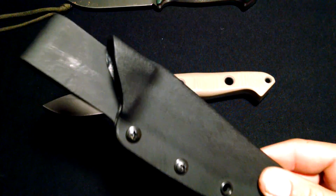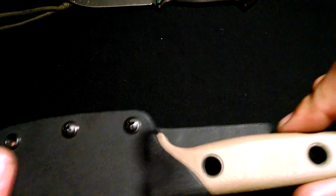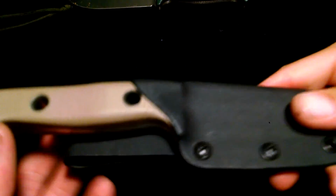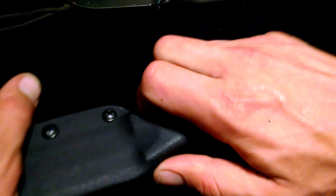It's the same old song and dance. Who the hell designs Benchmade sheaths? This pisses me off. It's cool. Look at that retention. The retention is great, don't get me wrong. There's no rattle either. I mean, you can hear my chair rattling, but this isn't. It does have a decent retention. I almost stabbed myself right there. But it's got a good retention,